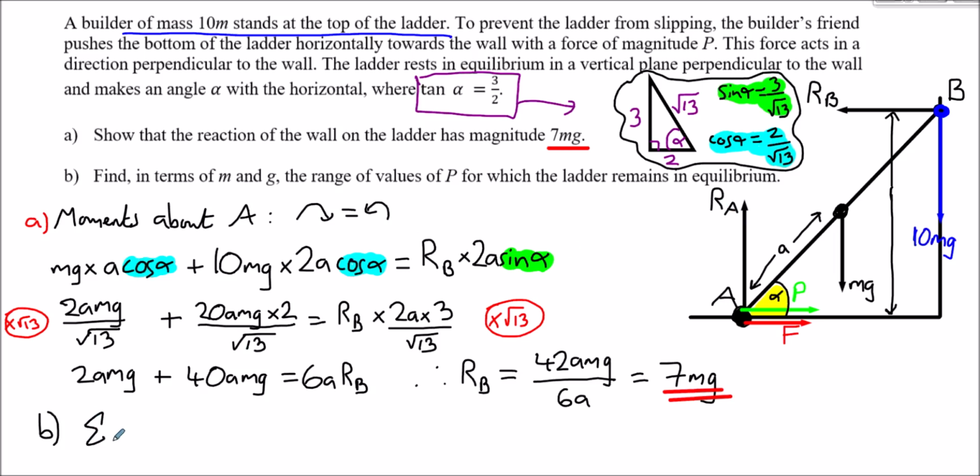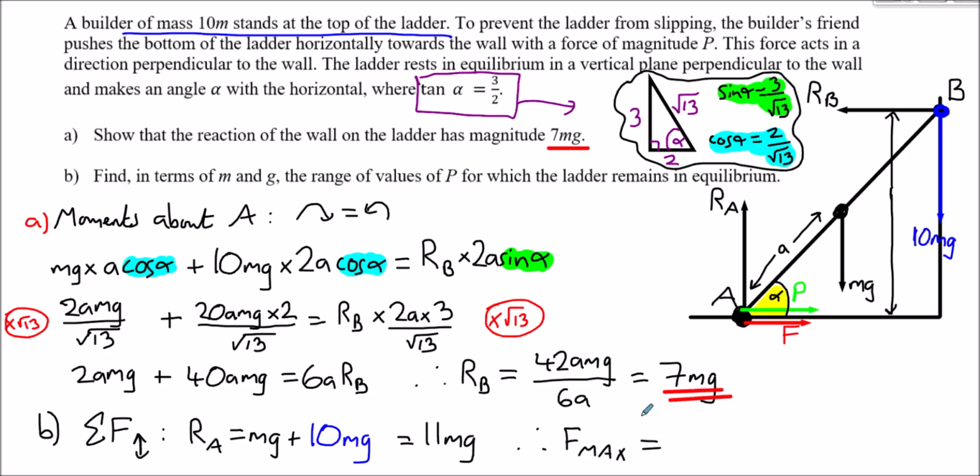So considering forces going up and down, the reaction from A, for any force going up, must be equal and opposite to the forces acting downwards, which is just mg plus 10 mg, which gives us 11 mg. Therefore, the maximum friction,